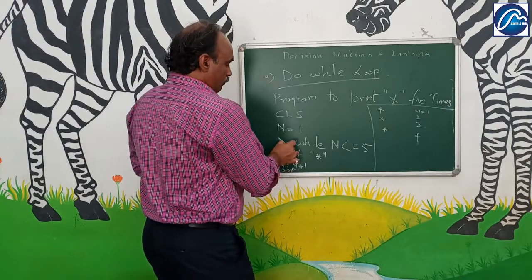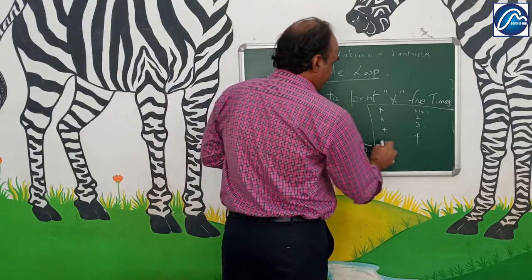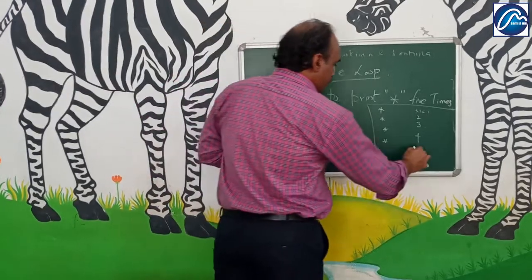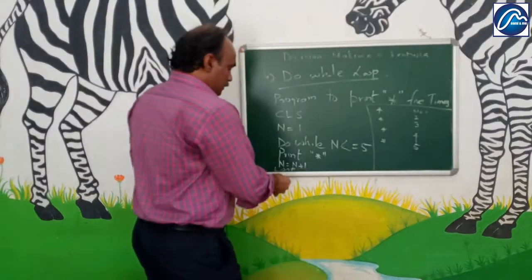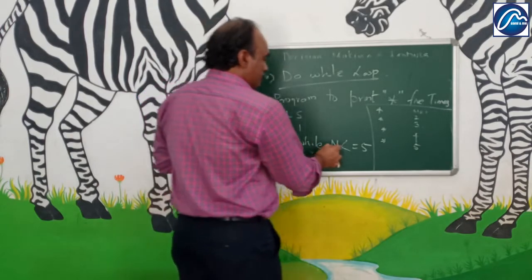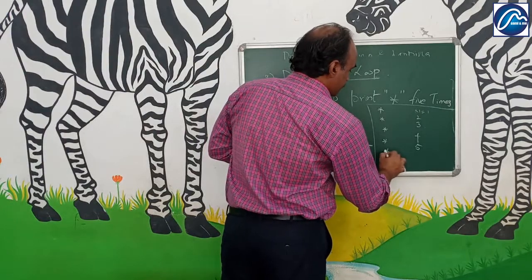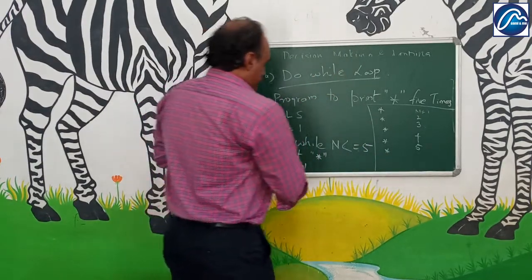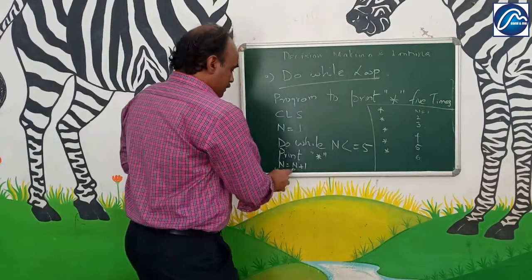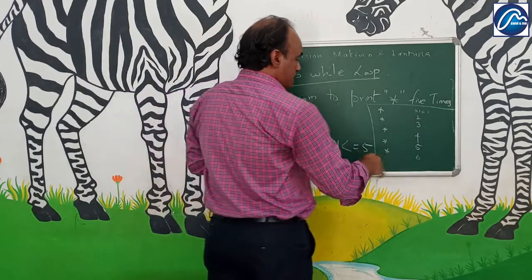Again loop. Loop means again it will come to the do statement. Is 4 less than equal to 5? Yes. So again it is printed. 4 plus 1 is 5. Again it will come to loop, it will come to do. Is 5 less than or equal to 5? It is equal to 5. So it will be printed as this thing. Again asterisk will be printed. Now next will be, n will be taking the value as 5 plus 1 will be 6. Again it will go to loop. Is 6 less than or equal to 5? No. 6 is greater than 5.